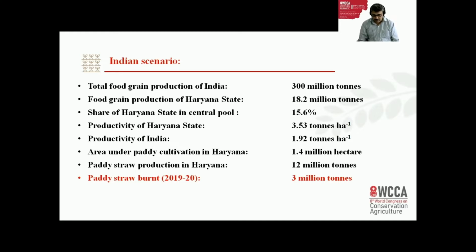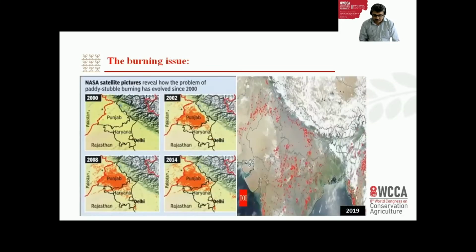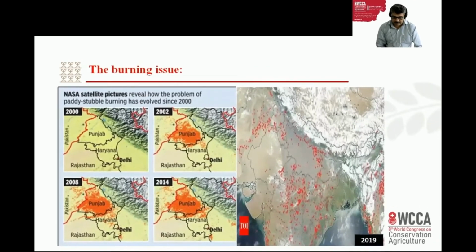Haryana produced around 12 million tons of paddy straw, out of which 3 million tons was burnt last year. Previously it was 8 to 9 tons. The main reasons for burning were the shorter planting window, growing labor shortage, energy prices, and lack of economically viable options. This NASA satellite picture shows that burning was almost nil up to 2000 in Haryana and Punjab,